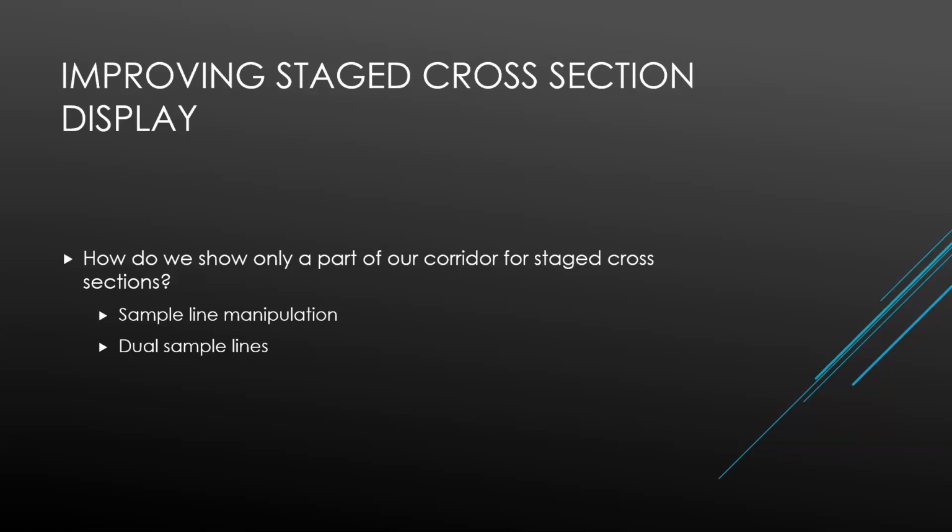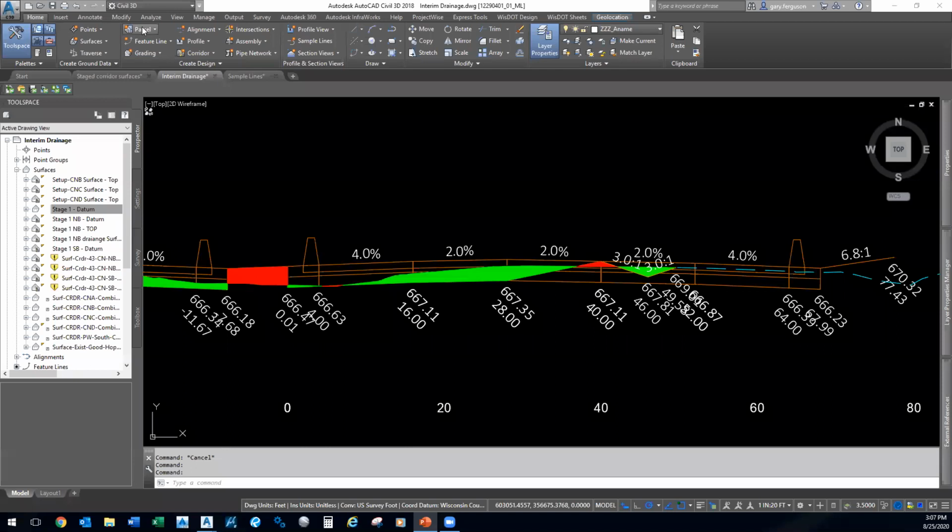But what if we want to show only the portions of the corridor that are actually being built in that stage, in addition to the interim drainage, and that's it? Well, we've developed a process that makes it easy for you to manipulate some sample lines and run with some dual sample lines so that we can show partial width construction, but not have a cross section that's partial width. So let's go back into Civil 3D,